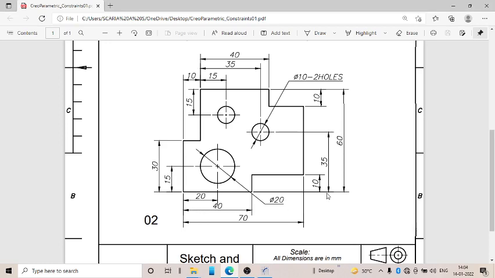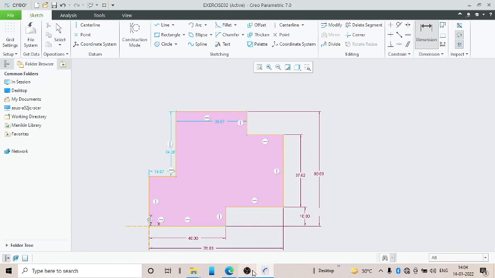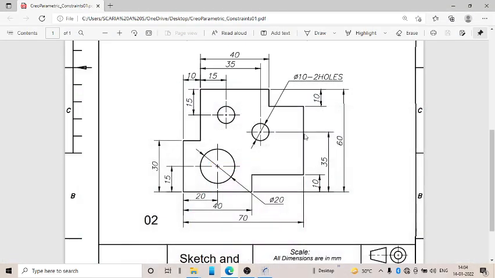And this is 40 and this is 10. So let us add those dimensions. This one is 40, and from this dimension it is 10. Okay. Then from here it is 10.